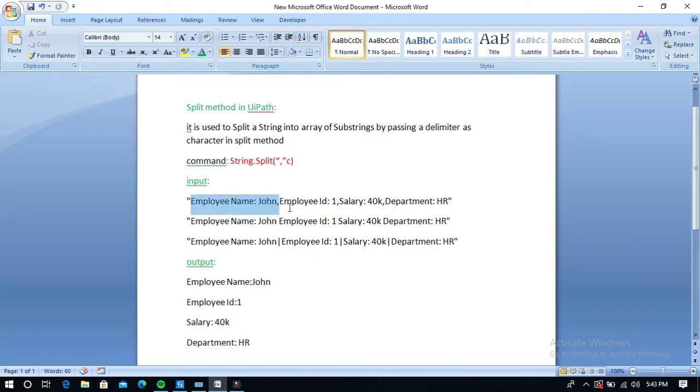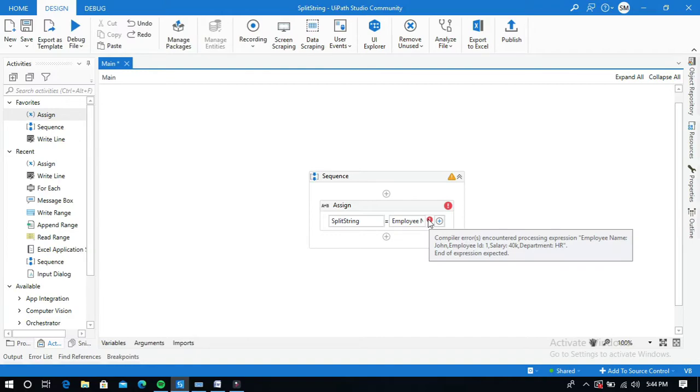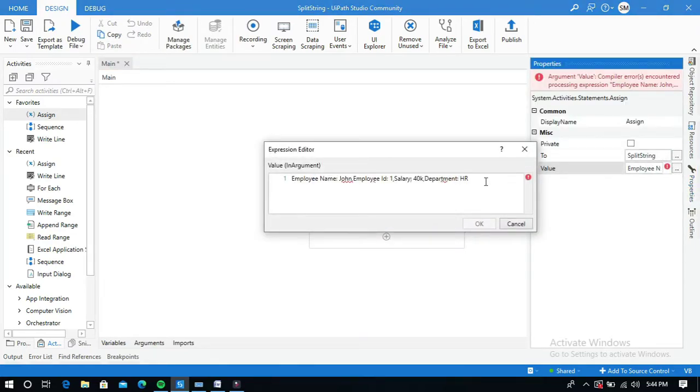So I am going to pass this employee details, which is separated with a delimiter comma. Control C, and let me copy this in this value field, within quotations.